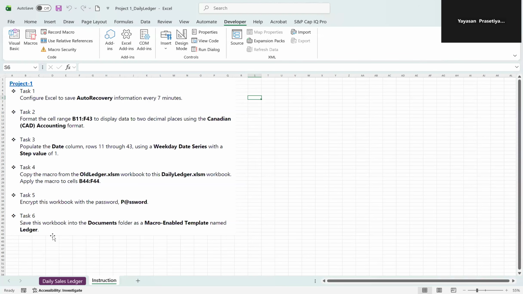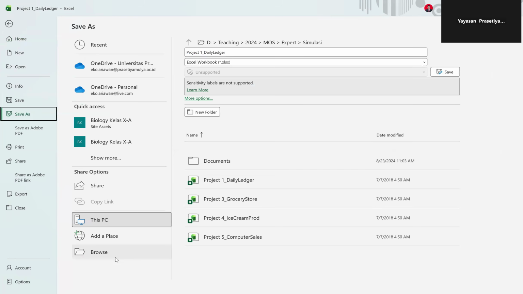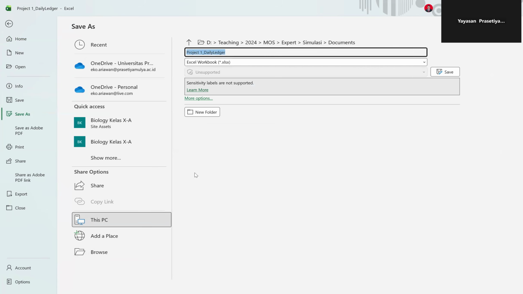And the last one is to save this workbook into the Documents folder as a macro-enabled template with the name ledger. So what we have to do is Save As and place it in your Documents folder with the name ledger.